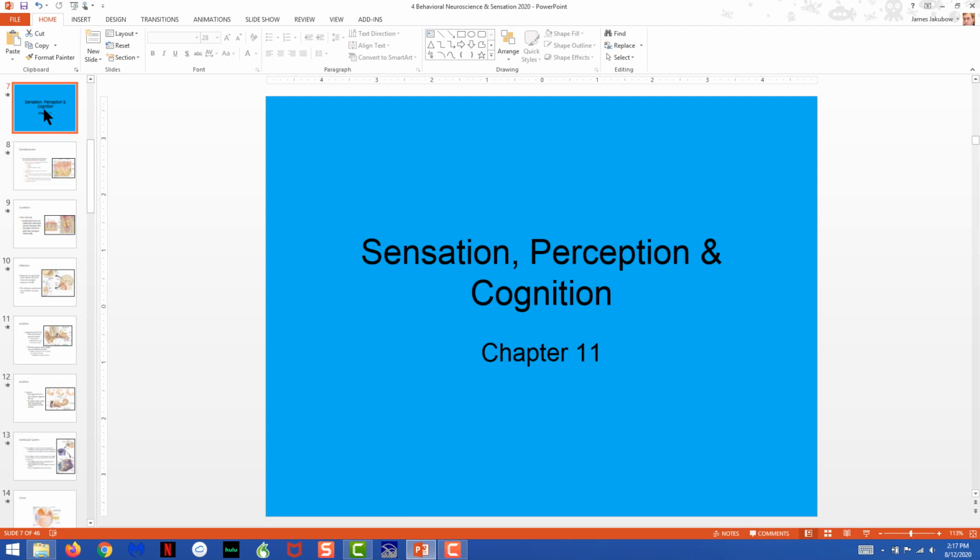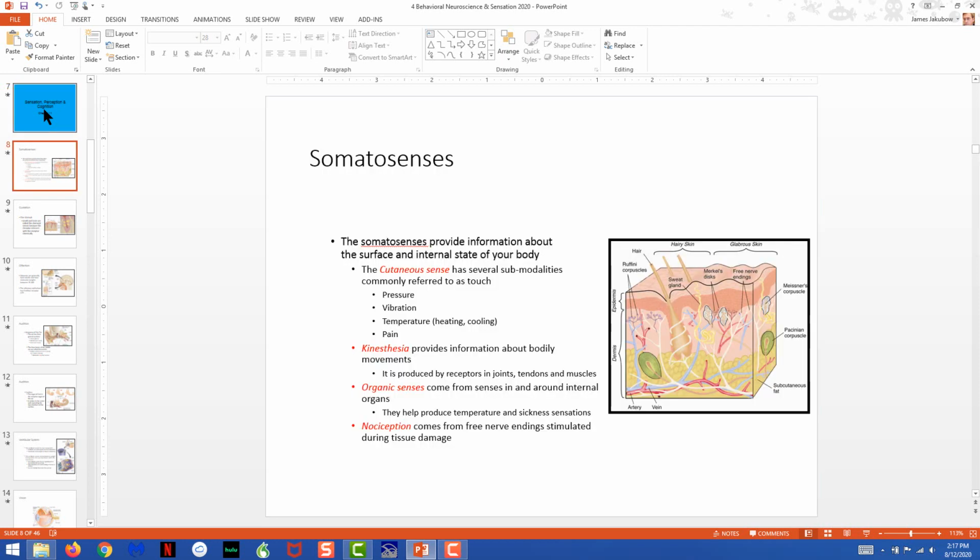In this section, we're going to begin covering Chapter 11, which is called Sensation, Perception, and Cognition. As you might imagine, the first thing we're going to start looking at is your sense receptors for the sensation section. This material is going to overlap quite a bit with what you've seen in anatomy and physiology. So if that was material that you did well with, this is going to be a breeze for you. But there's not a whole lot of discussion of psychology at this point. We're mostly doing basic physiological descriptions of the sense receptors at this current time, and then we'll move on into more psychological process later.